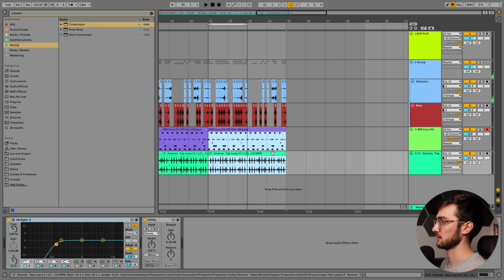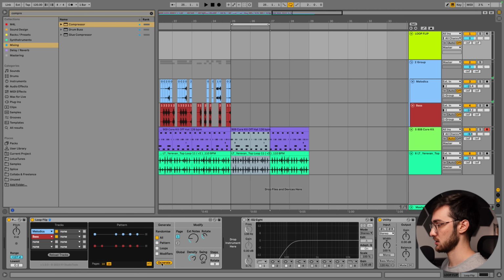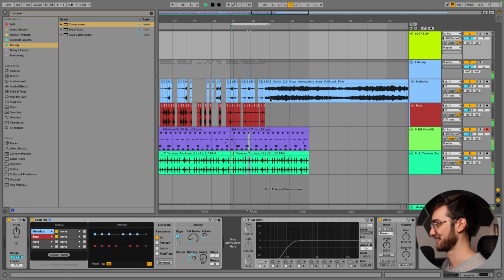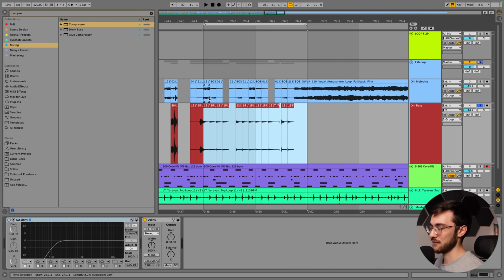Nice. And if we like that, again, what do we do? Duplicate, take the loop, move it into the next section, and hit generate. Oh, pretty long clip there. Ooh. Really, really cool. The only disadvantage that I feel like this plugin has is it gives you a lot of